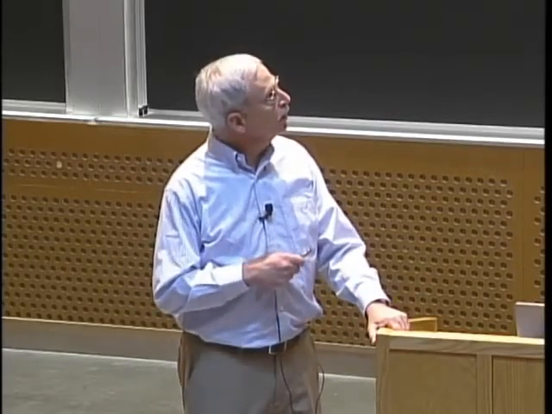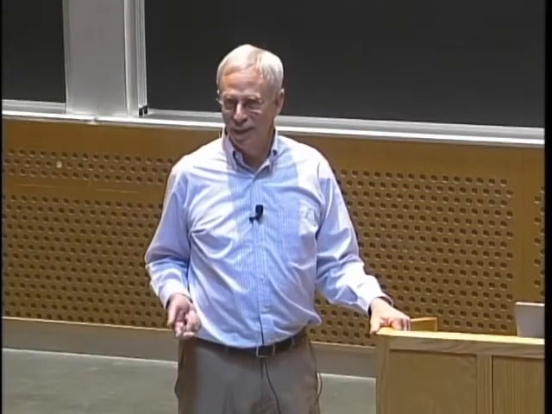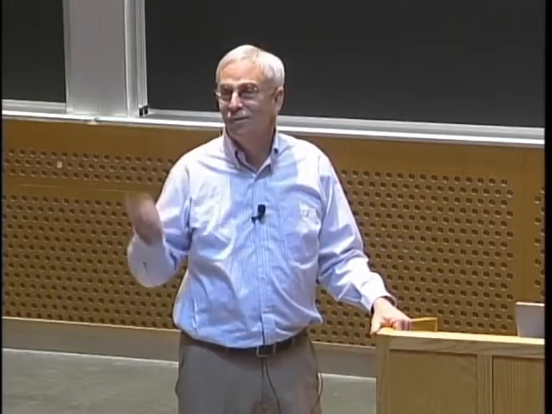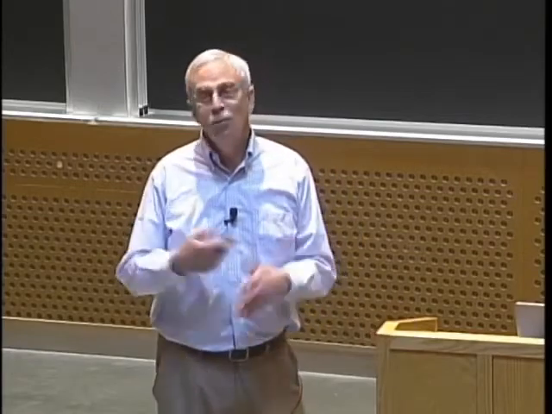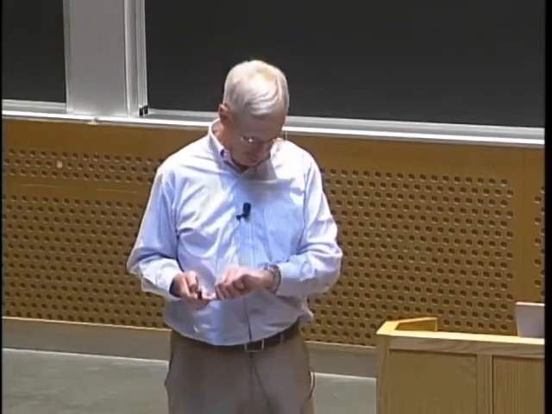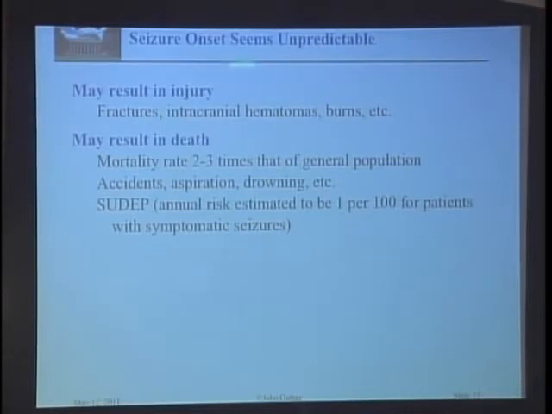The difficulty is that because they're unpredictable, there are huge injuries. Imagine she'd been riding a bicycle when that hit. Well, something catastrophic. Or more simply, imagine she'd been going down a flight of stairs or in a bathtub. Any one of a number of things would have resulted in potentially catastrophic collateral damage after or during the seizure. And indeed, people who have epilepsy, you can see their scars. It's awful. It can result in death.